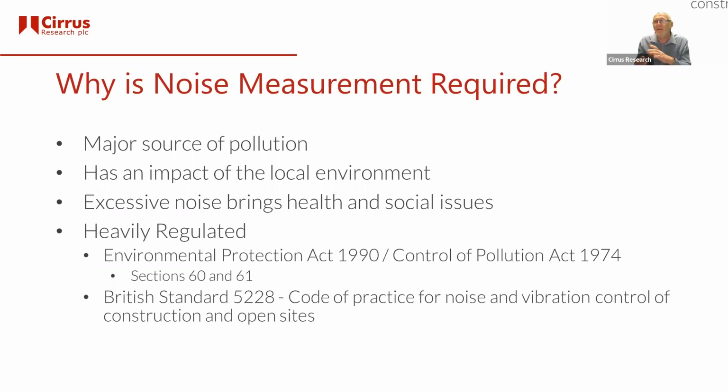And you could find that a Section 61, which is what you've agreed to, because that's what you know you can deliver, turns into a Section 60, which is something which is applied, which is enforced upon that site or set of sites. And that really means that you've lost control. And having control over the way you build and manage your works is very, very important. So a lot of sites will go for the Section 61 first.